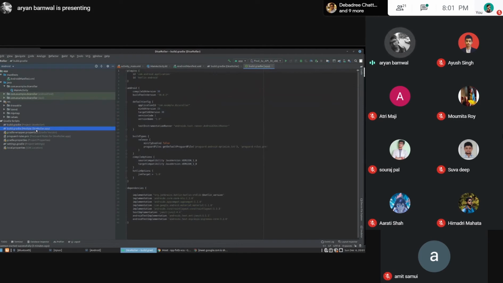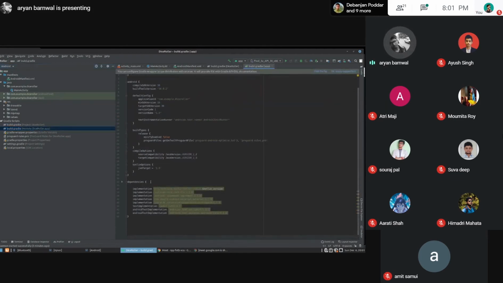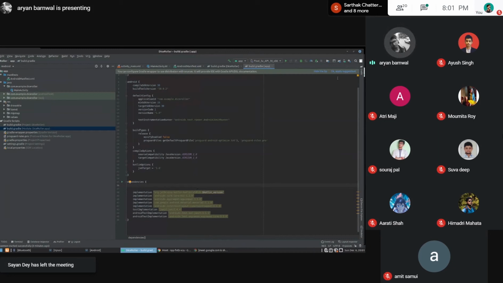In the app build Gradle module, there's something called dependencies. Not everything is provided with Android Studio. If you want to use recycler views or some material design, you have to implement that. Here you have to paste the dependency and click on sync now, and it will download the files from the internet. It's like Bootstrap, Tailwind CSS or Skeleton CSS in web development. If you have to use that, you write the CDN at the top of your HTML file and use it. So let's get started with the Data Explorer app.